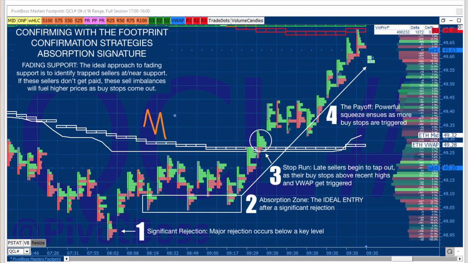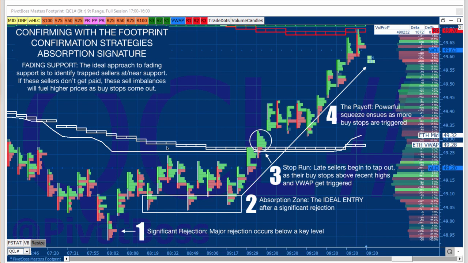Sometimes the market is just doing this, and that's not fun, right? You know, there's not a whole lot of pace, there's not a whole lot of tempo, there's not a whole lot of structure, there's not a whole lot of conviction. But when the market is setting up nicely, when it does hit a major zone and rejects, then you can have a great approach to looking to execute that trade.